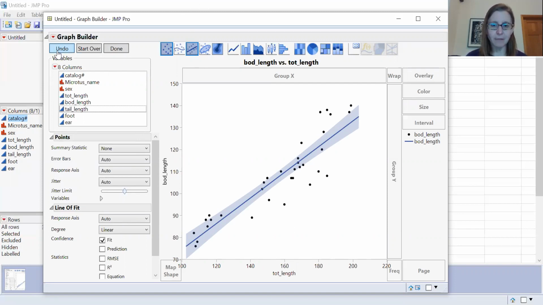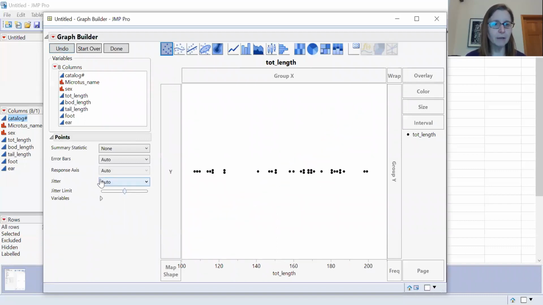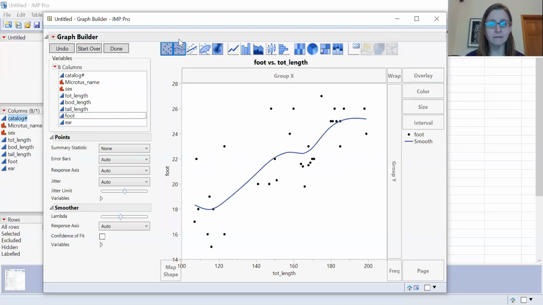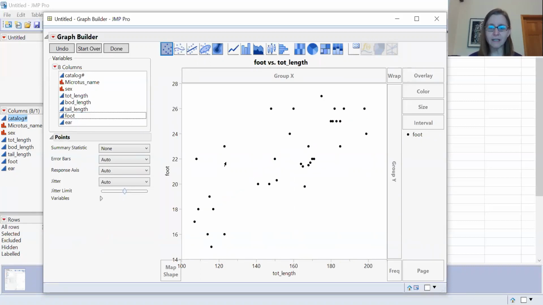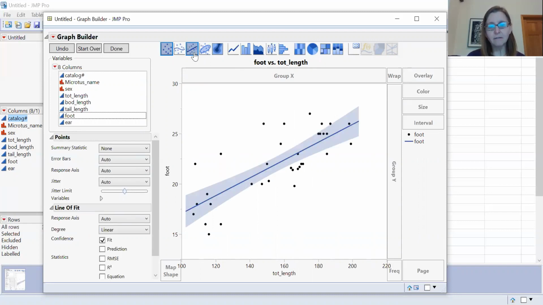I might not find that that's a very interesting variable to measure, so I might plot, say, total length by foot size. Maybe foot size is independent of body size. Turns out, it looks like there's still a positive relationship. And when I put a line of best fit through this data set, there does look to be a relationship between foot size and body size, although it is not as close a fit as we found with body length and total length. So you could do multiple scatters, but